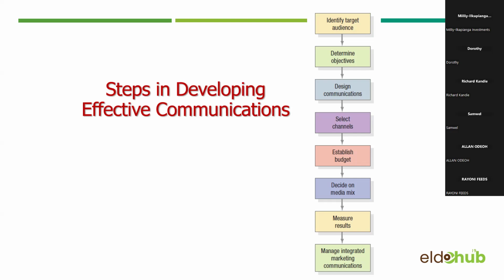And then last but not least, on developing marketing communication, you need to know how to measure results. So measuring results, especially for things like Facebook, it will tell you directly, this is the amount of people that your ad has reached. And if you progress further and develop something like a content management system, like HubSpot, you can be able to know who from Facebook converted to buy the product that you advertised on Facebook.